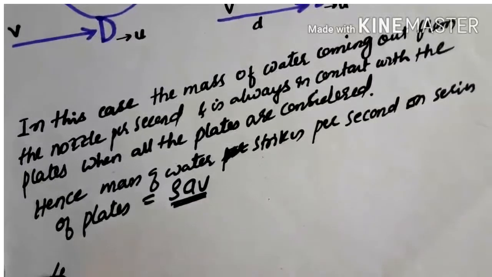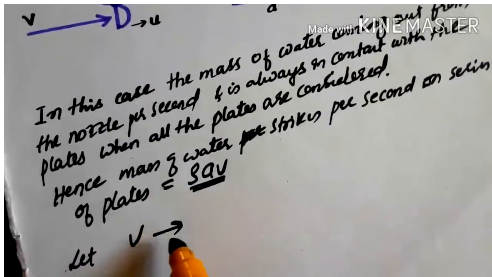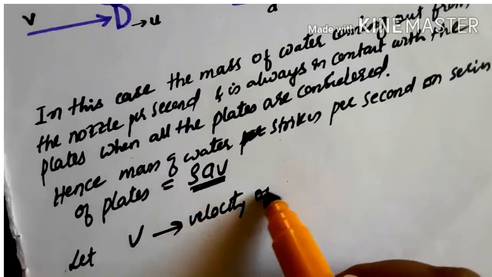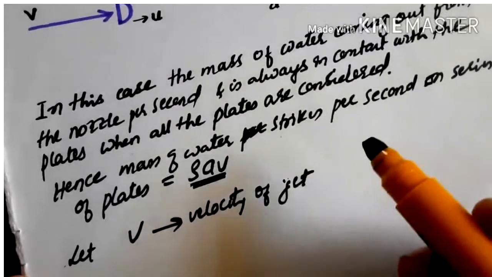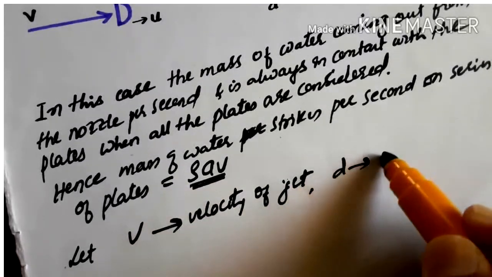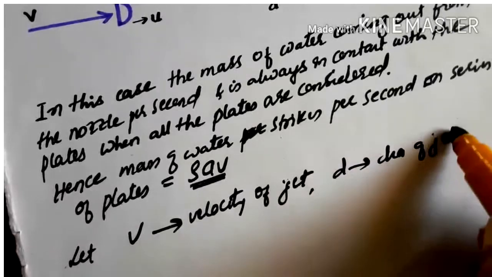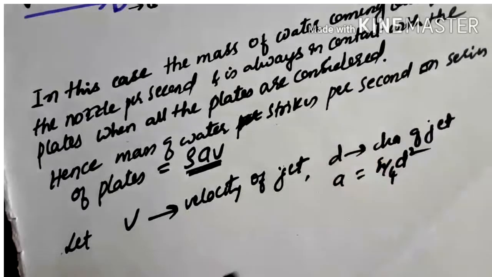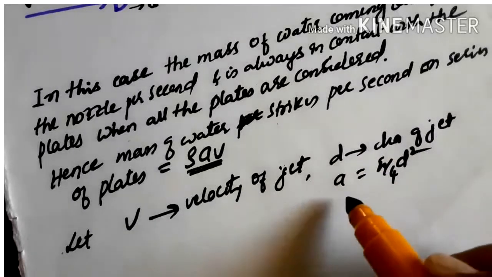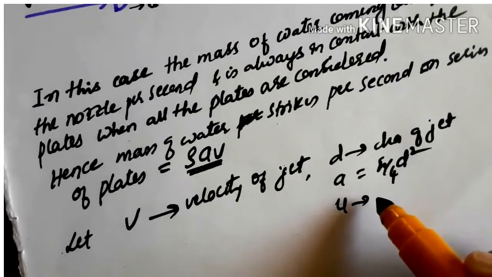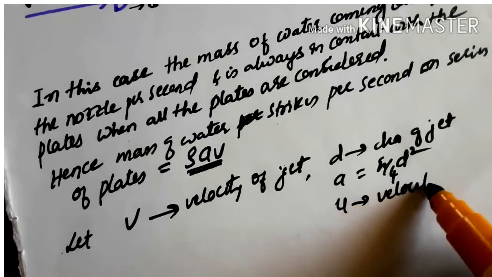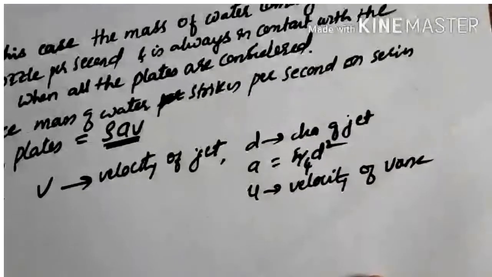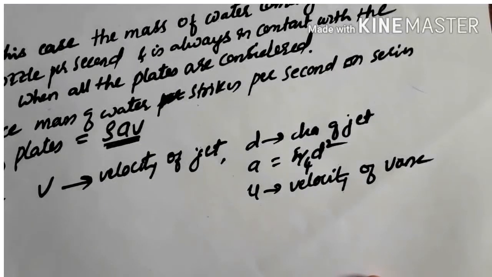Let V represent the velocity of the jet, D represent the diameter of the jet, then A, the area of the jet, can be written as pi by 4 d square, and U will be the velocity of the vane. Then